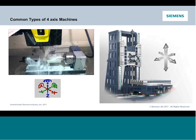And then certainly the machine on the right is your traditional horizontal style machine. These machines tend to have a larger type of indexer as its fourth axis. Could be a full fourth axis, may just be positionable. And there you're going to start to see all sorts of different work clamping scenarios. So those will be the two scenarios, and we're going to explore both of them as we go through this